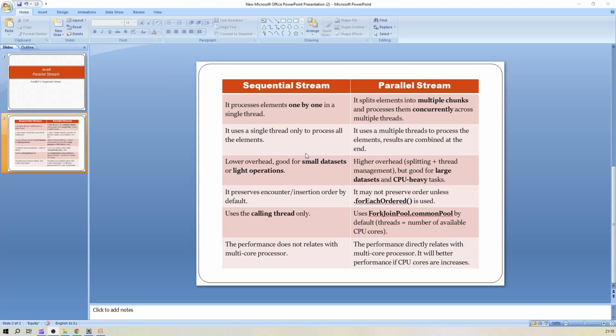Hello dear friends. So in today's session we will try to understand the different advantages of the parallel stream. As we know, the parallel stream provides better performance when we compare it with the sequential stream, because it splits the various elements into chunks and processes them concurrently, correct? So let's get started. First of all, we will talk about the various differences between the sequential stream and the